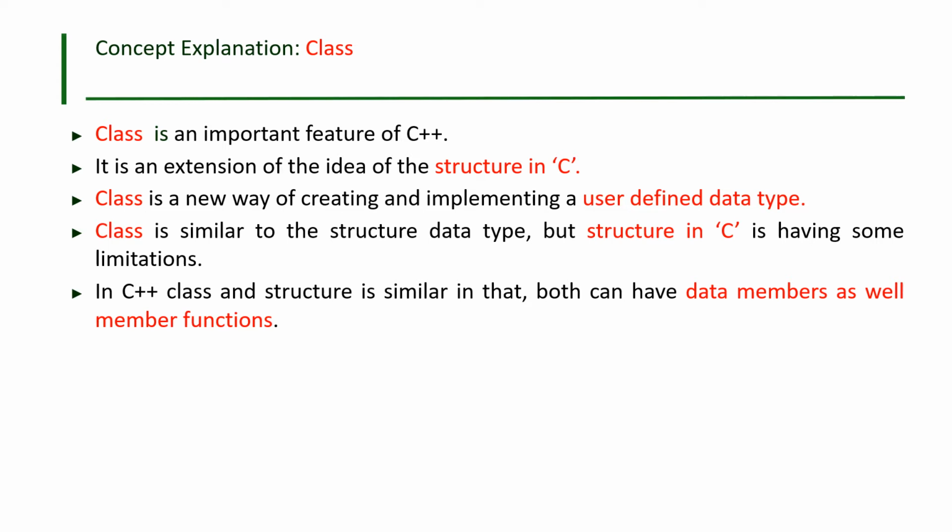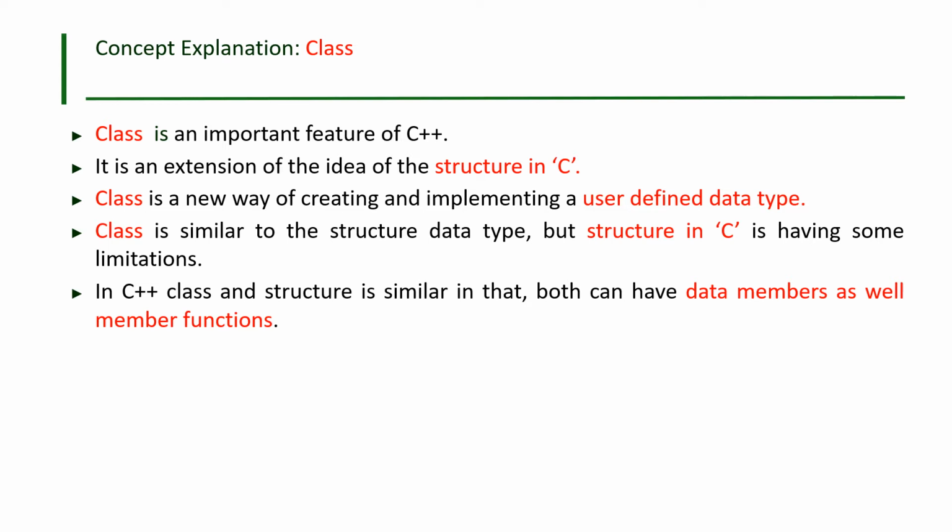As in unit 1, you have already learned some basic concepts about the class. For example, suppose the class is a fruit, then what will be the class objects? So class objects can be mango, banana. Same, we can take another example. Suppose the class is a student, then what will be the class objects? So class objects can be student names: student name can be Paul, Peter, John.